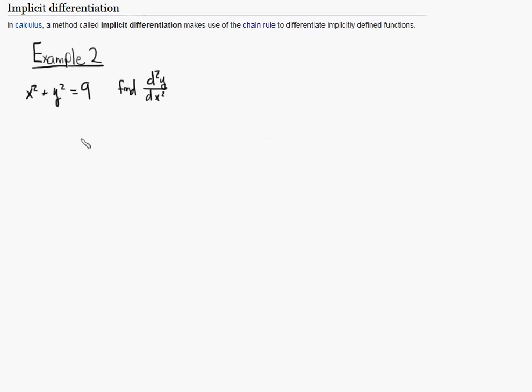Alright, this is another example of implicit differentiation. This time we're going to find the second derivative. So we have our function here, and the first thing we want to do is take our first derivative